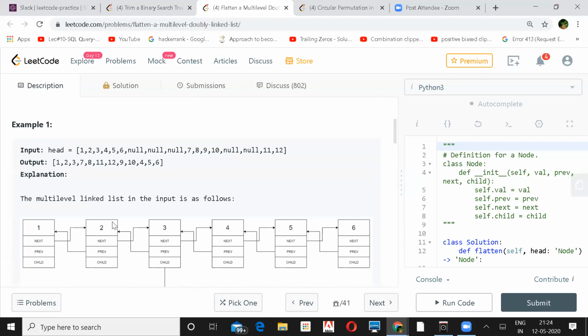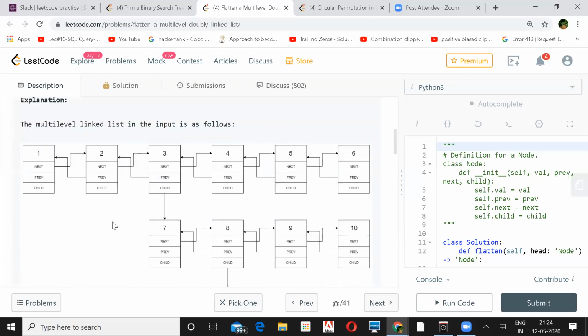So it's a doubly linked list, and it has an additional child pointer. I think the doubly linked list is there for a purpose, because once we have the next, it makes it easy to traverse back. So that is one thing. And it looks like a modified DFS only.